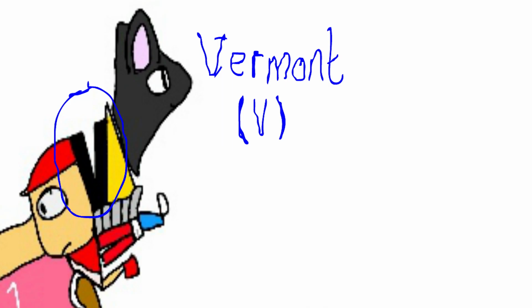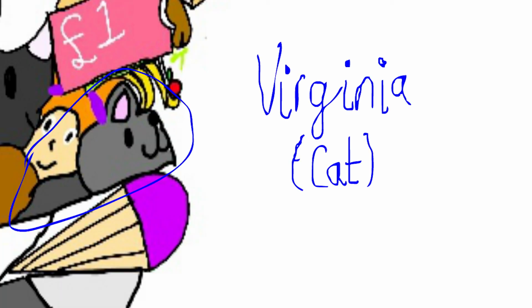Utah is a table with a cheese sandwich on it, because really that's all I could think of. Vermont is a V, because Vermont begins with a V, and also it kind of looks like a V. Virginia was a cat, well nobody but just a tail, because it looked funny, and also that's pretty much all I could think of at that moment.